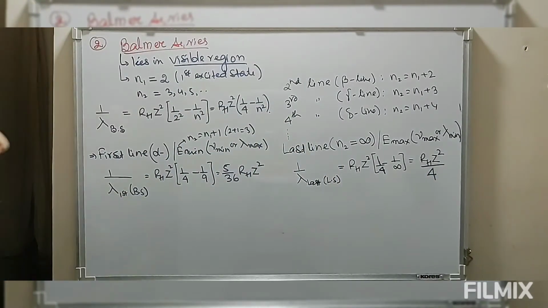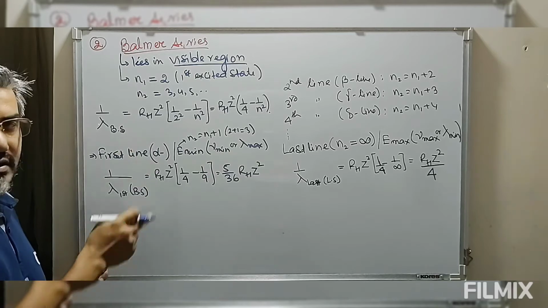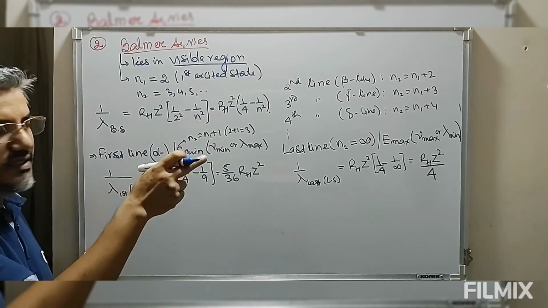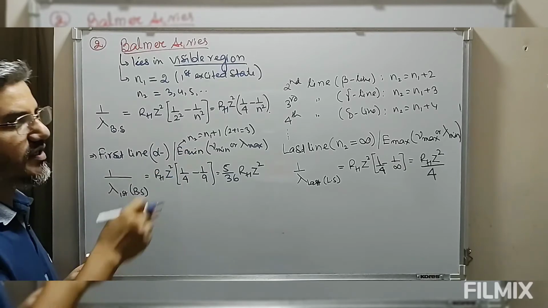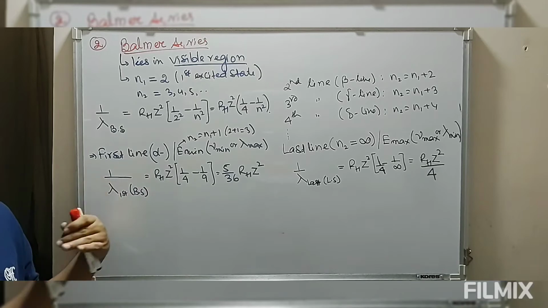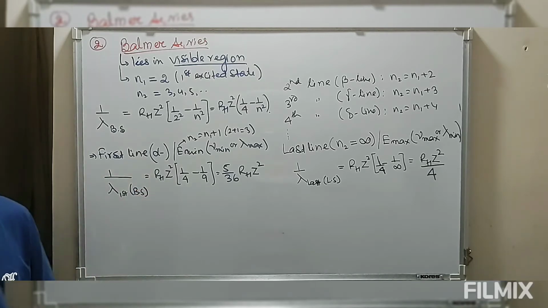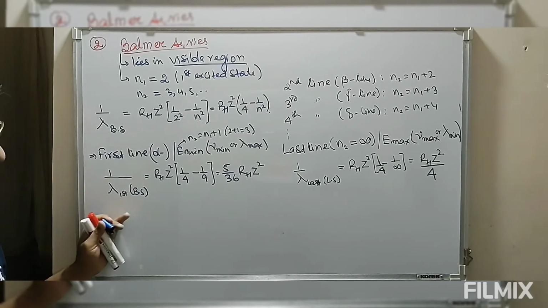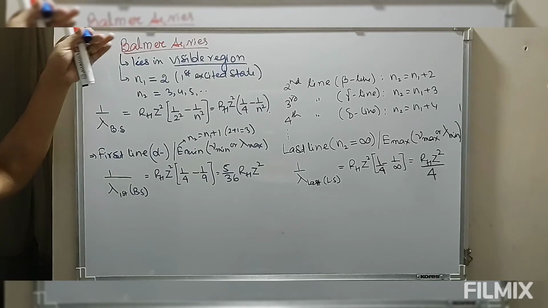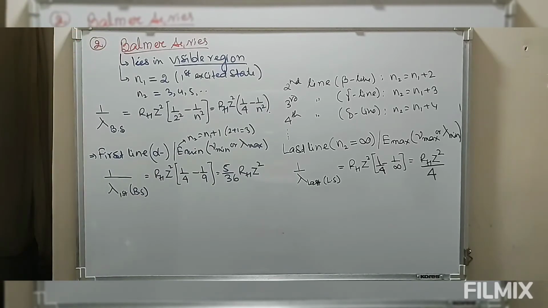Now look at this, again I am emphasizing here, moving from the first to second to third, energy increases, wavelength decreases, or the frequency of transition increases. As the transition increases, the intensity of transition also decreases. So as the transition increases, intensity will decrease. So this is the second line, that is the Balmer series.